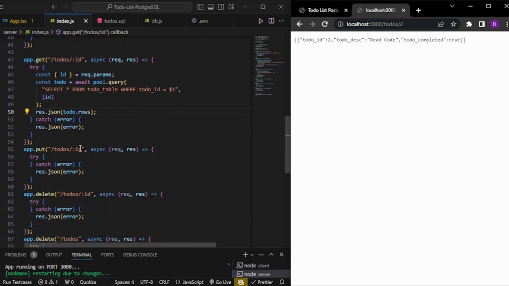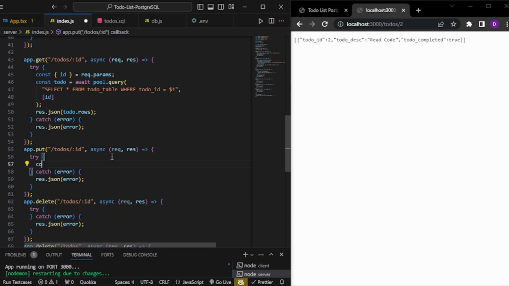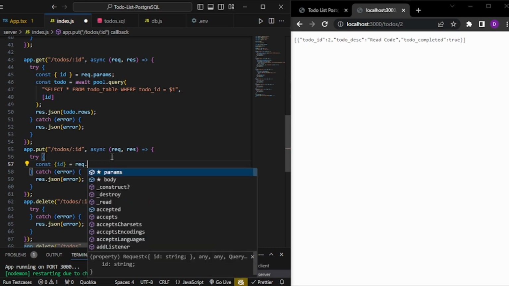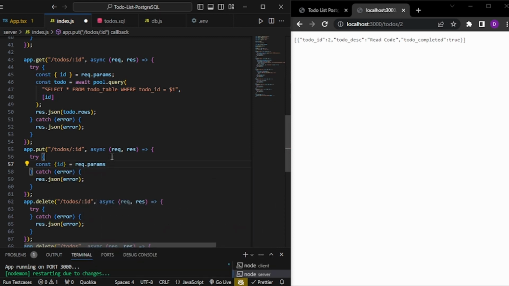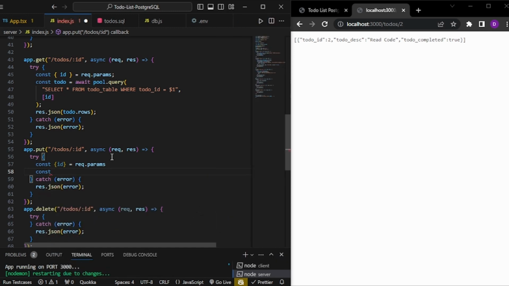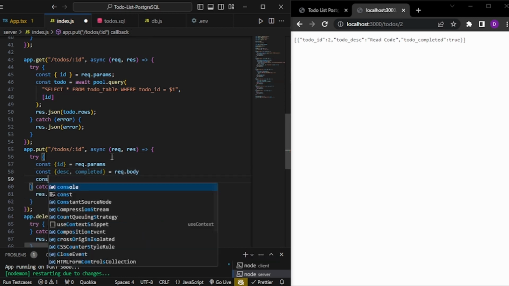Okay, now we will edit our to-dos. So we have put to-dos ID, and what do we want to do over here? Again we will get our ID by something like this, request params, and then what do we want? For our edit, we will also be getting the description and our completed, and that we will be sending either from Postman or from the front end. So we will have description and completed equals to request body, and then we will have a const to do,